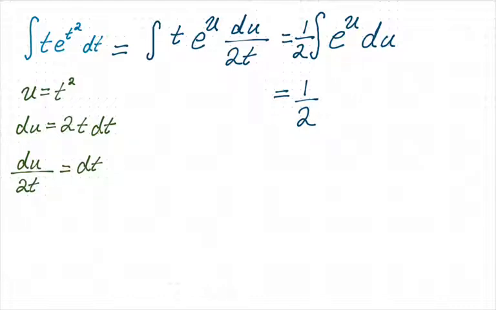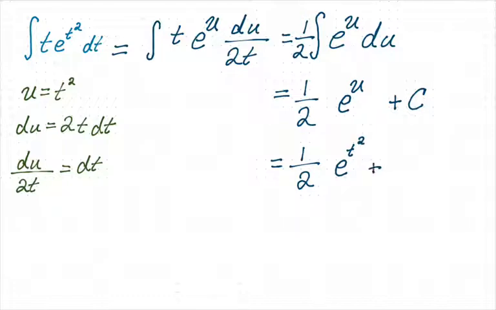And then, like I said, the derivative and antiderivative in this case of e to the x is just e to the x. So the integral of e to the u is e to the u. Don't forget your plus c. And then, again, replace u with what it equals, because all the variables that you end up with should be the variables that you started with. You don't want to make up new variables,